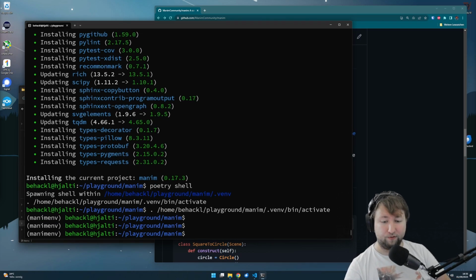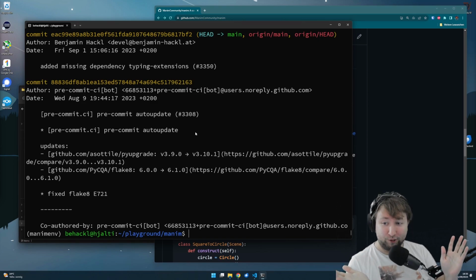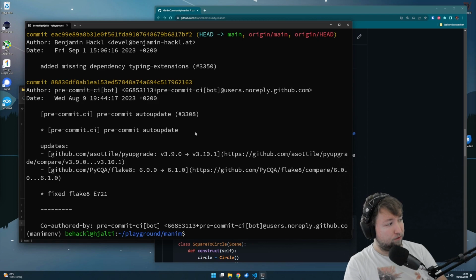Okay. We have a working environment, and now we actually have cloned the most recent version from GitHub. So if I say git log, I should see that someone has fixed something an hour before the talk. Excellent. So this is the freshest possible version of Manim in some sense, which means that we can also use features that the currently released version of Manim does not have yet. So for example,